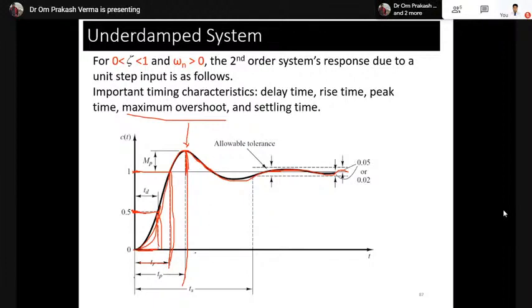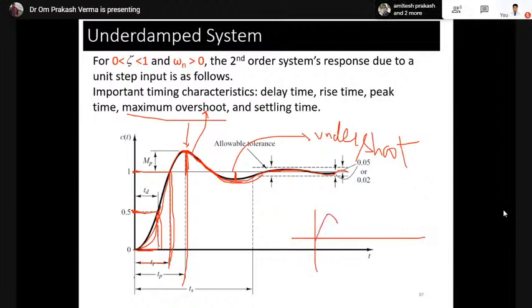Now come to other very important things. After the peak time and maximum overshoot, when the response goes down, crossing the desired value and going downwards from the set point, the negative peak value is known as the maximum undershoot. The upper value is known as the overshoot. So the general response is like this one, 2, 3, and 4.